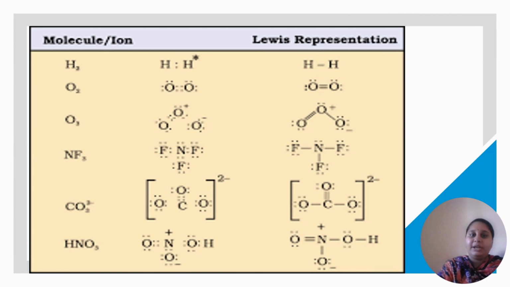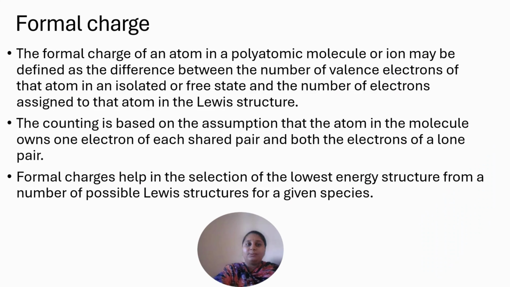Formal charges do not indicate real charge separation within the molecule; indicating the charge on the atoms in the Lewis structure helps only in keeping track of the valence electrons. The lowest energy structure is the one with the smallest formal charges on the atoms. And formal charge is based on pure covalent bonding, in which the electron pairs are shared equally by the neighboring atoms.